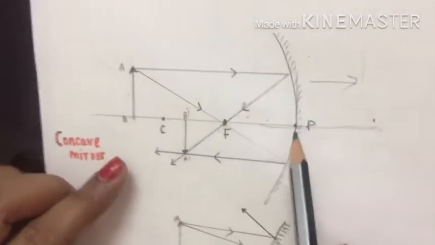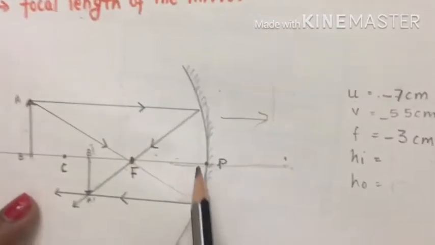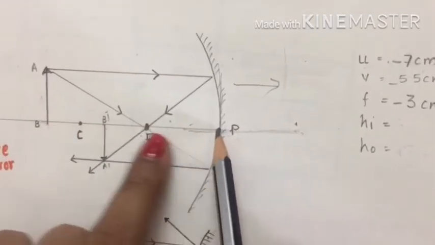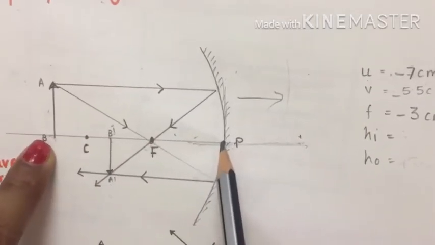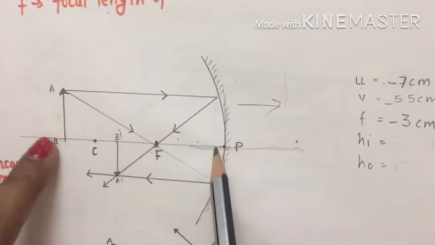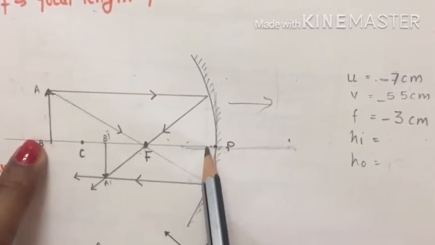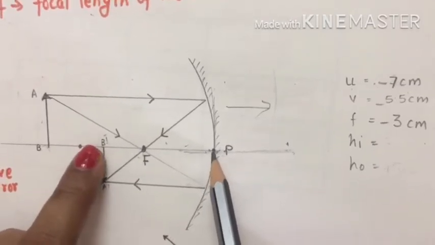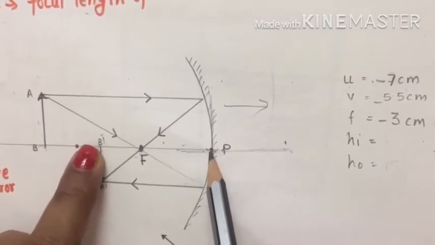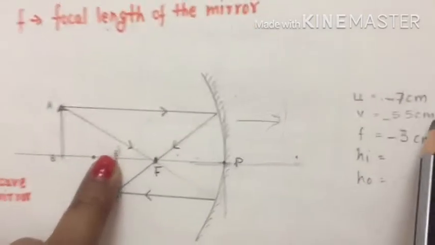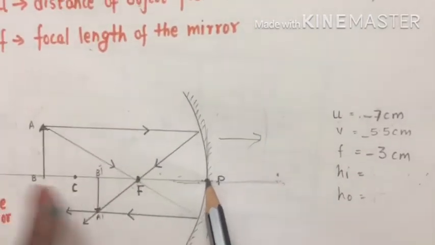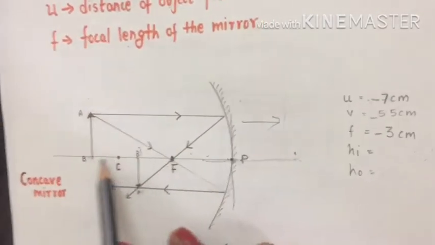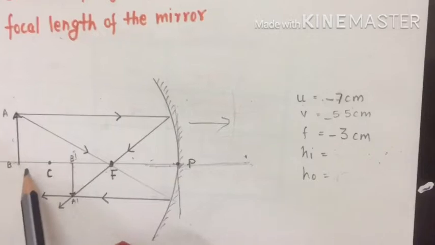Now we'll see what is the object distance. Why is it negative here? We are measuring from the pole, and for object distance we are going in this direction, in the opposite direction of the incident ray. Or simply you can remember this is the negative x-axis. So this distance will be negative. Then V, from P to P dash, we will measure from the pole. Again, this is on the negative x axis, so it is negative 5.5. Now focal length, again this is on the negative x, so it will be -3. The reason is we are moving opposite to the incident ray direction, so that is why it is negative.